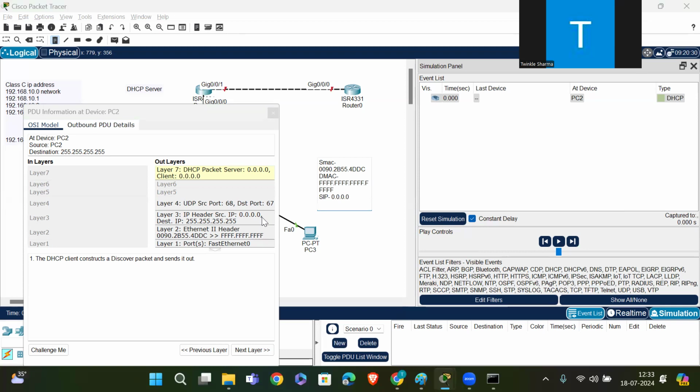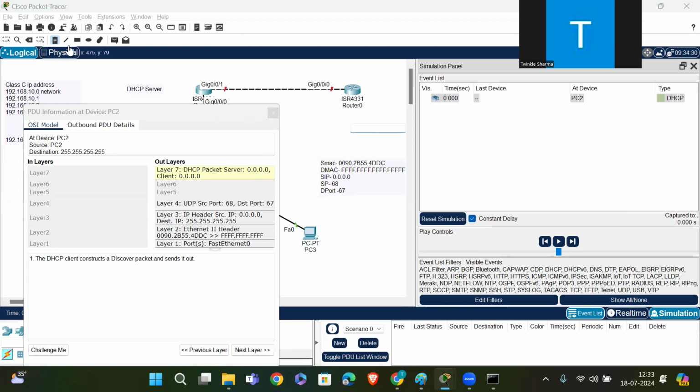Our destination IP address is 255.255.255.255. Then our source port is 68, and our destination port is 67.